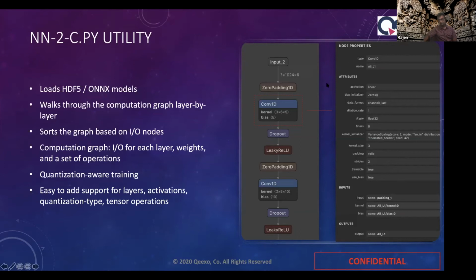And this diagram shows what kind of information is in the model. It basically has information like what my inputs are, what my outputs are, what kind of convolution I'm doing, what my kernel is, what my bias is, what kind of activation function I'm using, for example, leaky ReLU or dropout, whether or not I'm doing zero padding. It basically reads through all this information and generates the C code on the fly dynamically. And it's also easy to support additional layers, or if you want to write any additional tensor operation, because we simply append to the tensorflow.h file.